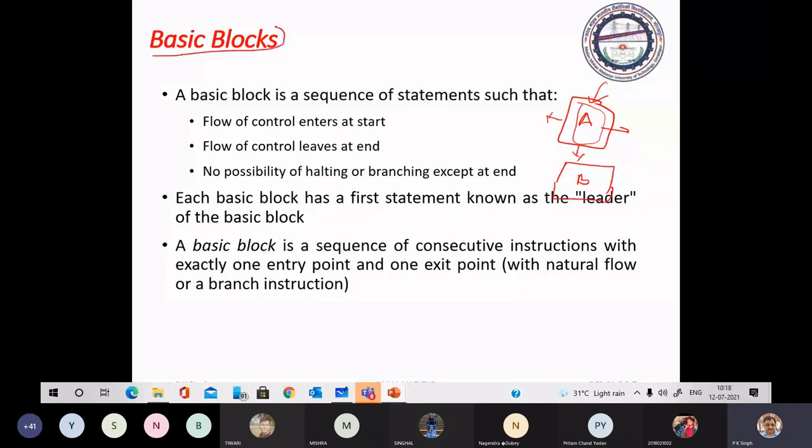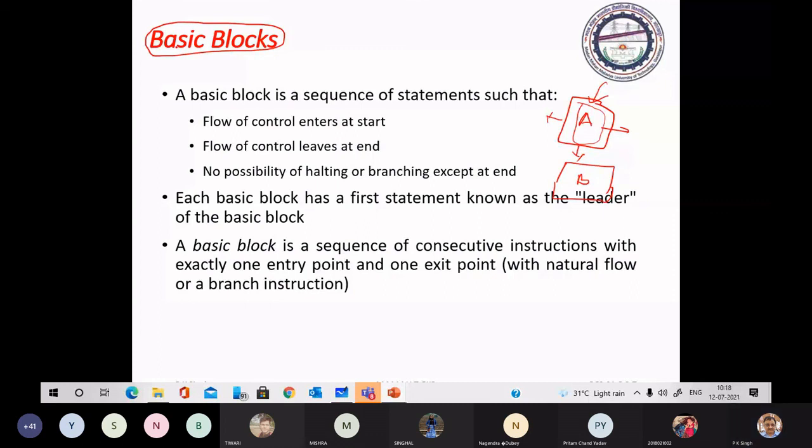So we divide the entire code into basic blocks. Basic blocks are groups of instructions in which control of execution will enter from the beginning, execute all the instructions in sequence, and then exit.